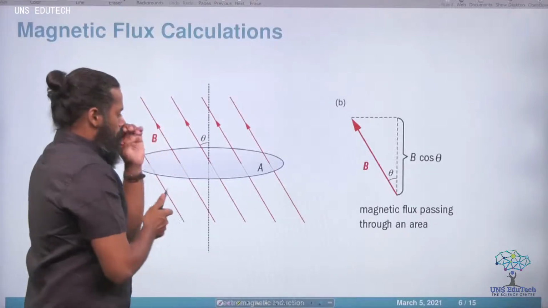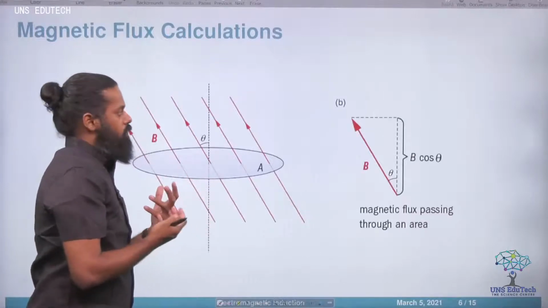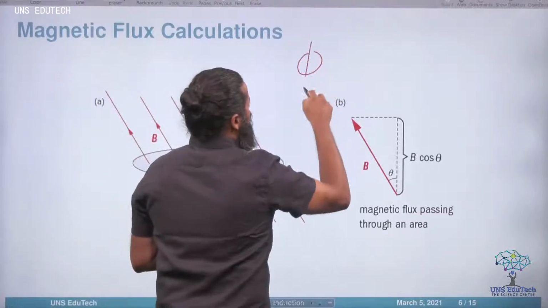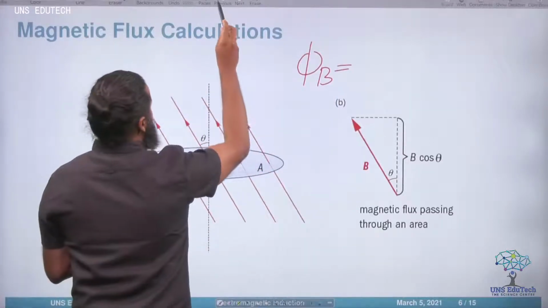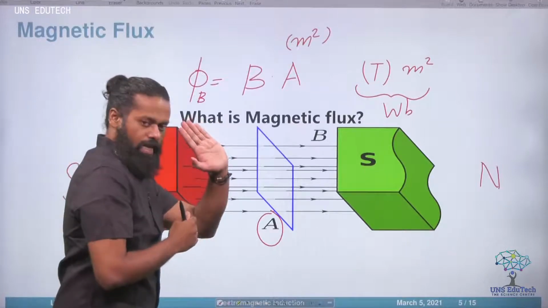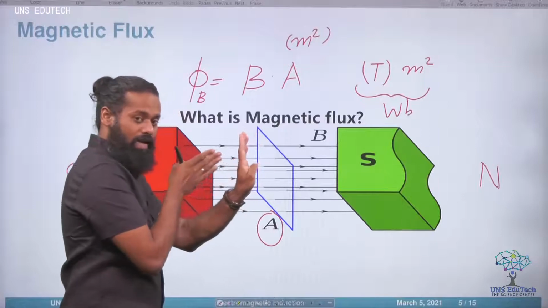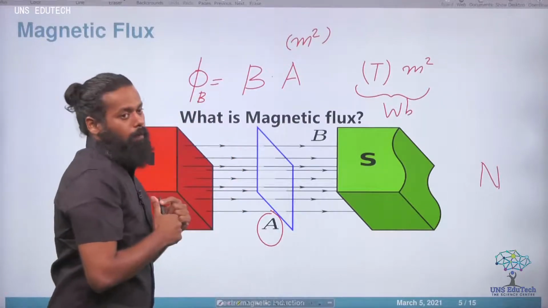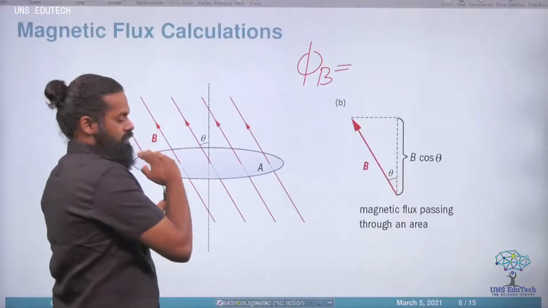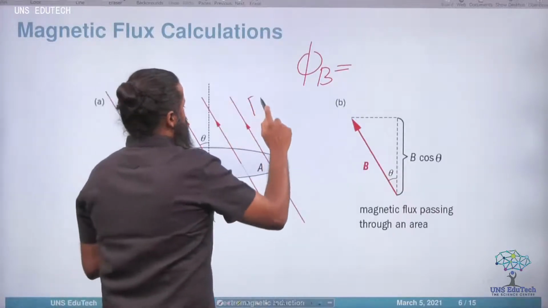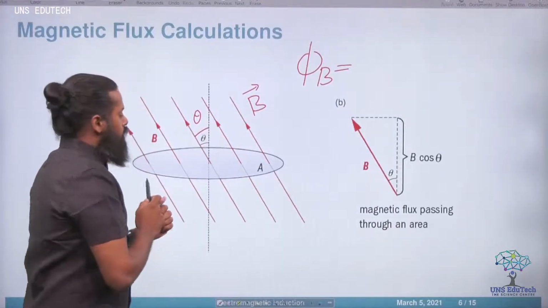So here you have a mathematical expression. Actually it's not simply B into area. See, phi B is B into area is applicable for a simple case like the previous case. You can see if it is the previous case, we are taking an area which is perpendicular to the magnetic field. If the magnetic field is perpendicular to that area, then you can simply apply B into A. Otherwise, if that is not the case, if you are taking an area which is at an angle, here the magnetic field is making an angle theta with the vertical,